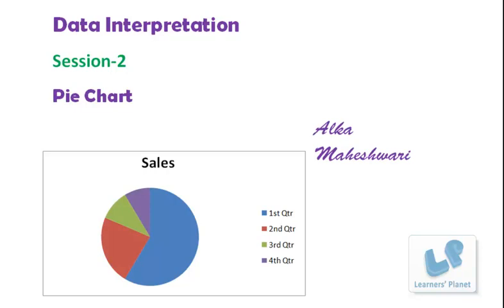Friends, this is our second session for data interpretation. In this session, we will be discussing a set of problems based on pie charts. But before we proceed further, I would suggest you revise the basic sessions of percentage, ratio and proportion, averages, and you should be aware of the digital root concept that I have already discussed in my calculation sessions. Unless you are clear with all of these topics, it will be really difficult for you to understand the time saving techniques in data interpretation.